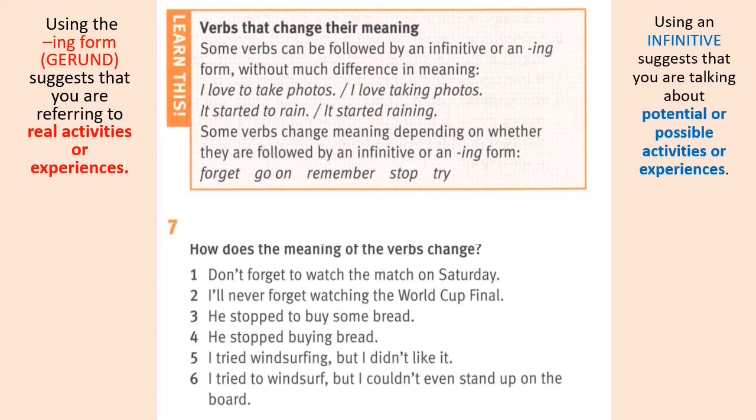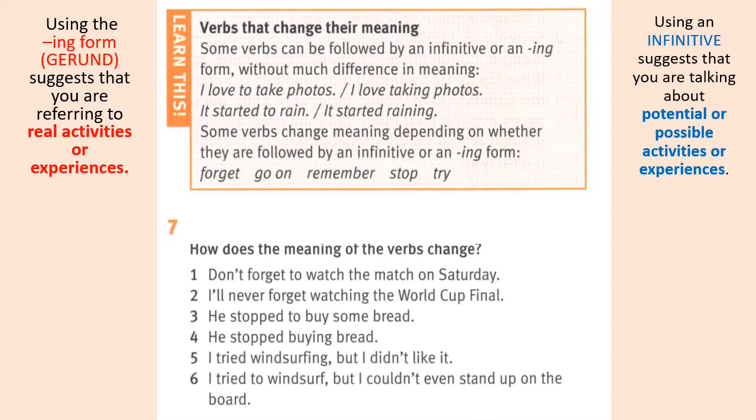So this hasn't happened yet, but may happen if you decide to actually watch the match on Saturday. On the other hand, I'll never forget watching the World Cup final refers to an activity which happened in the past,